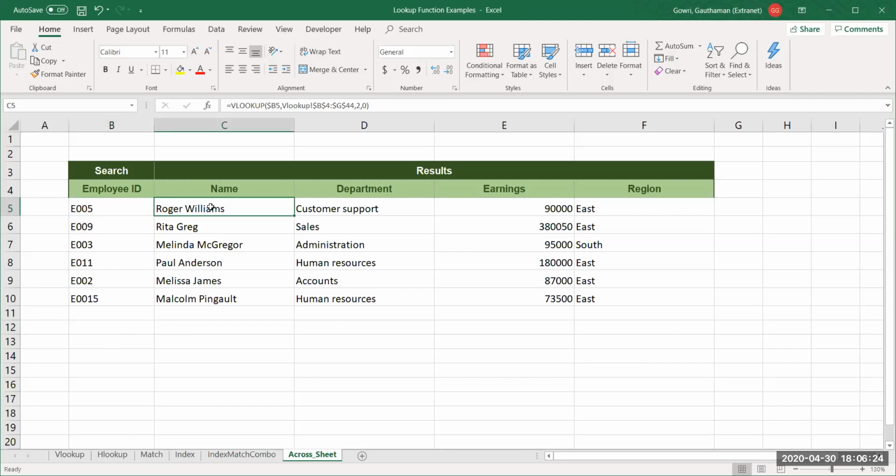When you do a true or false for this employee number, it is giving me false, because the employee number in B and the employee number in C are different. But when you check it out, the employee number is the same. To identify that, choose that cell and check in the text box. As I said, if you have an extra space here, just by looking at it you will not be able to make it out.